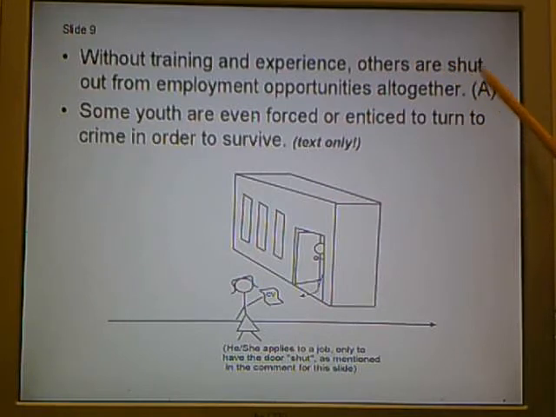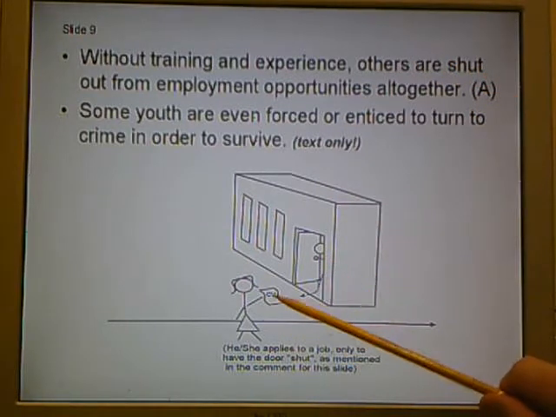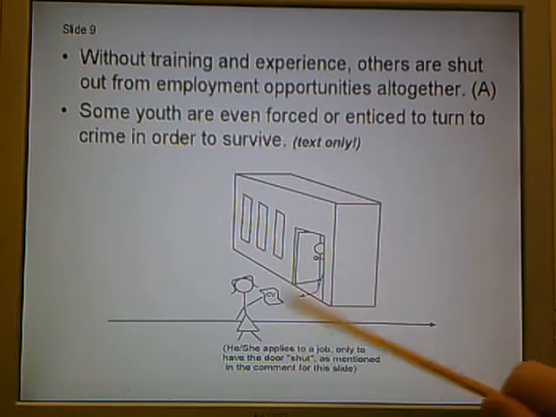On the word shut, whenever the word shut comes up, the employer, whenever she approaches with a resume, is going to shut the door. So I've got that note here. So it's going to be simultaneous with shut. He's going to shut the door on her.